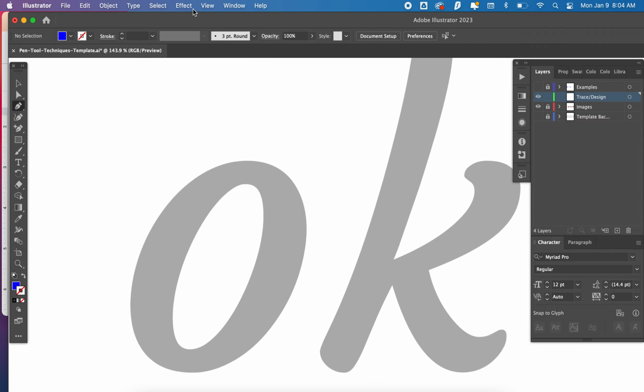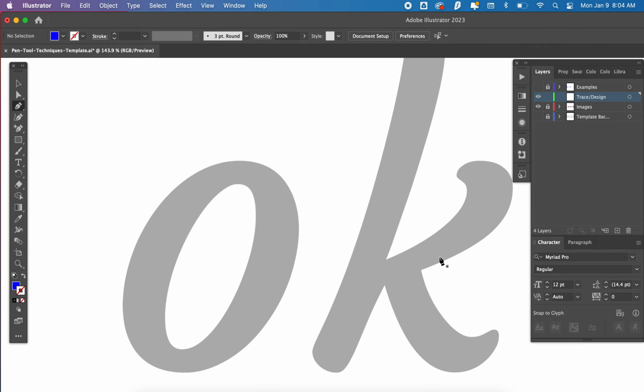Remember last week we were working with tracing these designs. I hope you've uploaded those. If you haven't, you have till the end of this period to do it. So you can work on it today, help each other out. So remember last week we had this element where we were tracing the